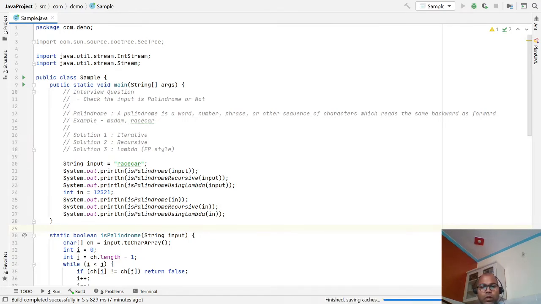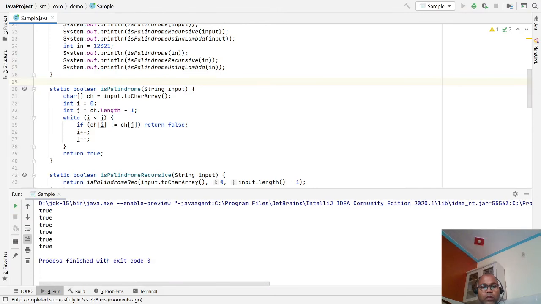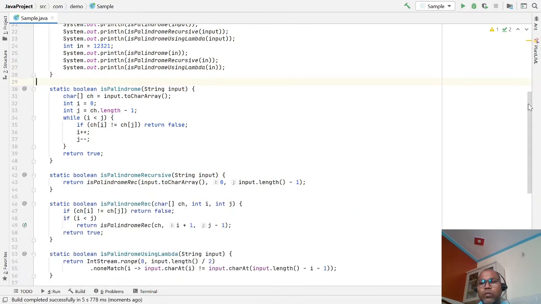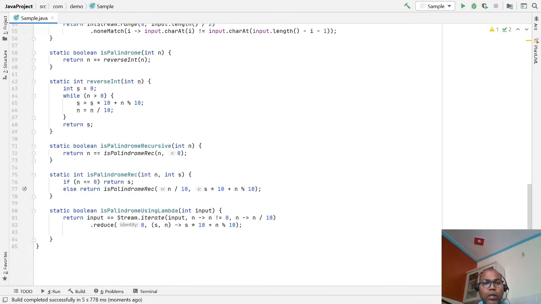So here we are able to get the same output. We are able to notice that we can write the same code in a normal simple loop using iteration, second, code using the recursive function, and third, using a lambda expression.